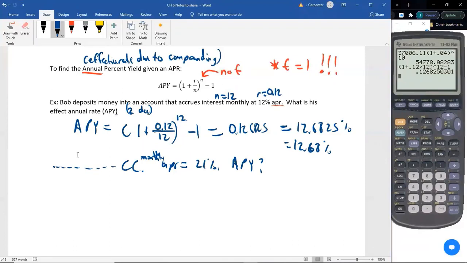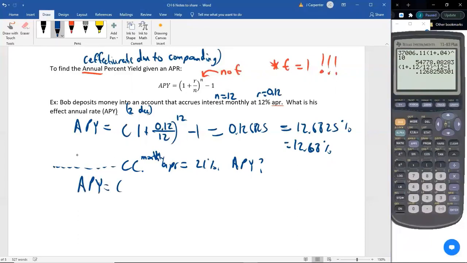But because they make you pay monthly, if you didn't make any payments, excuse me, which is not how credit cards work, we'll get into that much later. But if you didn't make any payments, you're going to end up paying more than 21% because of that compound interest. So our APY